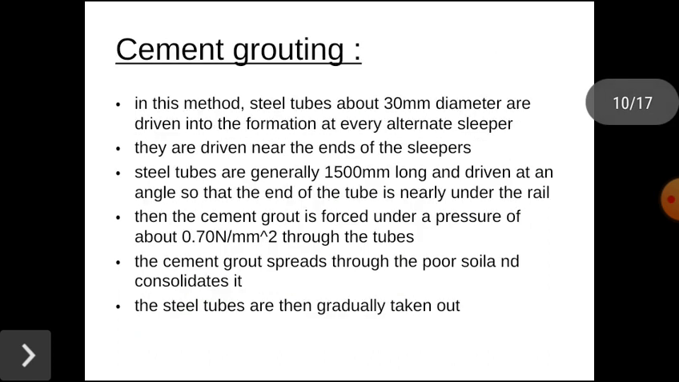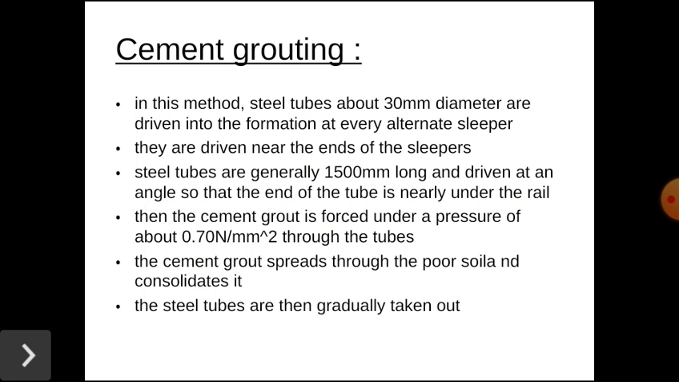Next method is cement grouting. In this method, steel tubes about 30 mm in diameter are driven into the formation at every alternate sleeper. The steel tube is generally 1500 mm long and driven at an angle so that the end of the tube is nearly under the rail. After that, the cement grout is poured under a pressure of about 0.70 Newton per mm